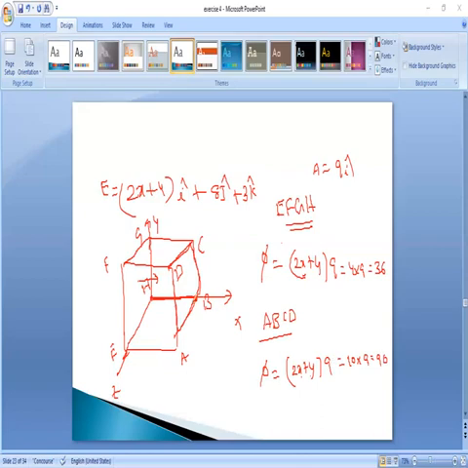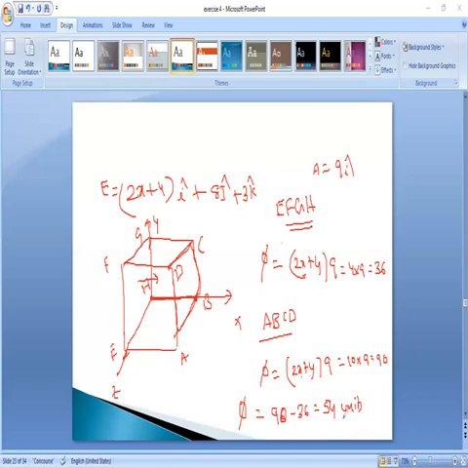But the difference of these two fluxes you have to calculate. The amount of outward minus inward only you have to consider, so that the net flux is nothing but 90 units minus 36 units. That will be finally 54 units, of course, Newton meter square by Coulomb. So the total flux along this axis will be only 54 units. This is the net flux in that particular direction.